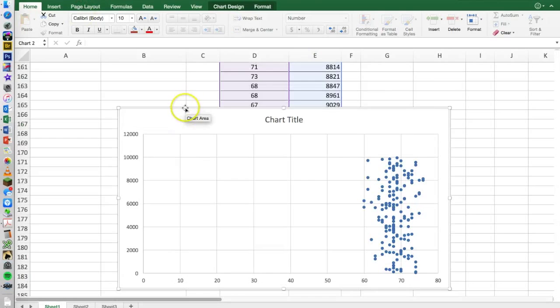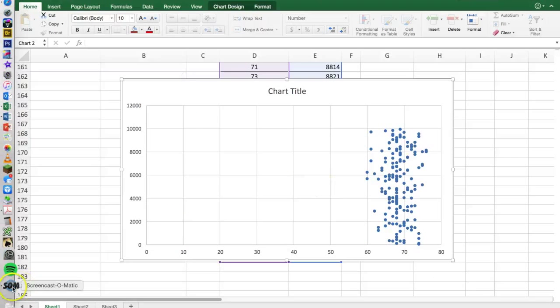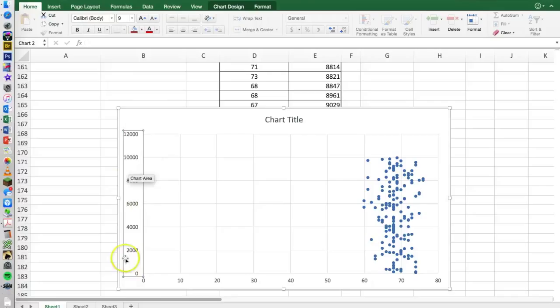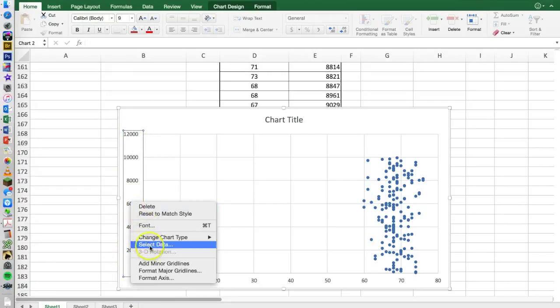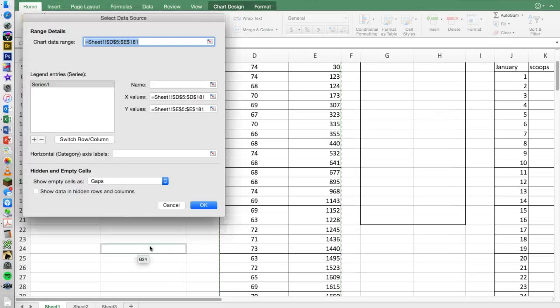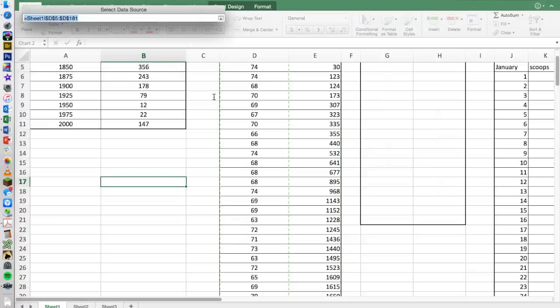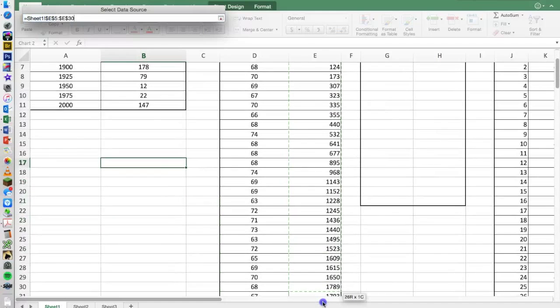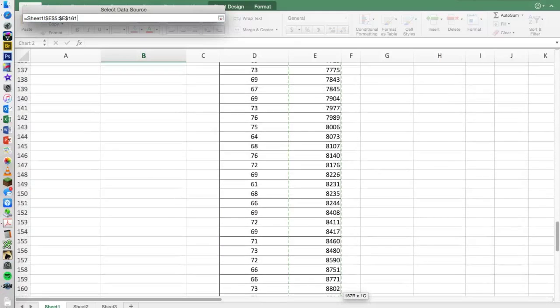So if you look at it here, how do I go about switching the dependent and independent variable? All right, so I want to switch my X and Y categories. So I'm going to click on this entire vertical axis, my Y axis. I'm going to right click again and go to select data. Now notice here that if I look to see where my X values are and I want to select a different set of data, I'm going to go over and click onto this. And then I'm going to select my data by dragging this marquee area all the way around my data that